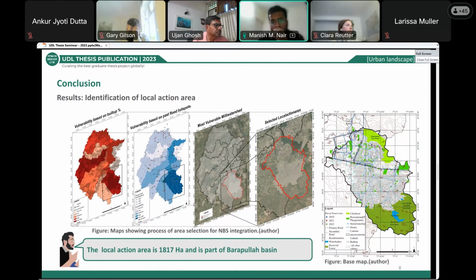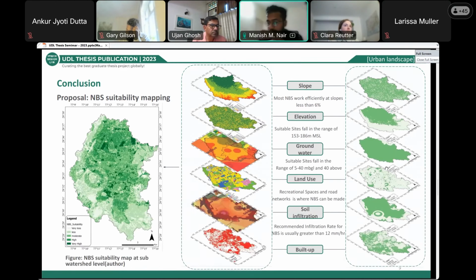the Baramulla Basin. Now, the proposal here has been developed at two scales. First, at sub-watershed level and at the milli-watershed level. So, at sub-watershed level, I focused on identifying the locations where NBS can be integrated using certain topographical and morphological indicators. So simply the suitable values of all the indicators were identified in which NBS are supposed to work efficiently, and then using the count overlapping feature tool of ArcGIS, an NBS suitability map here was generated.